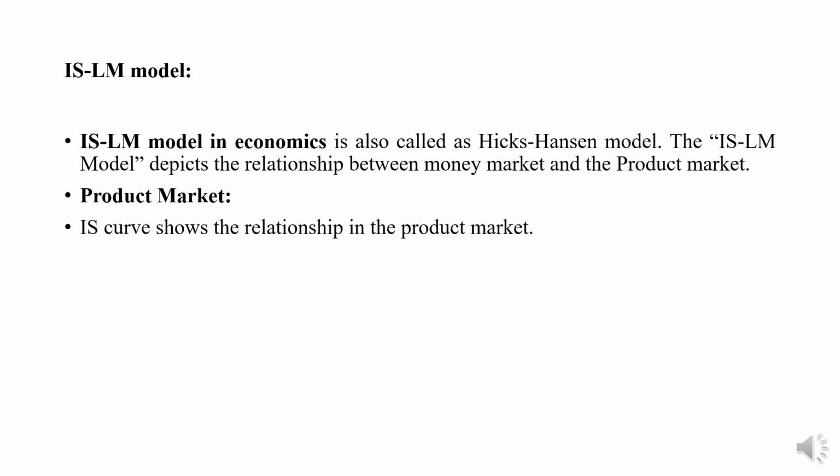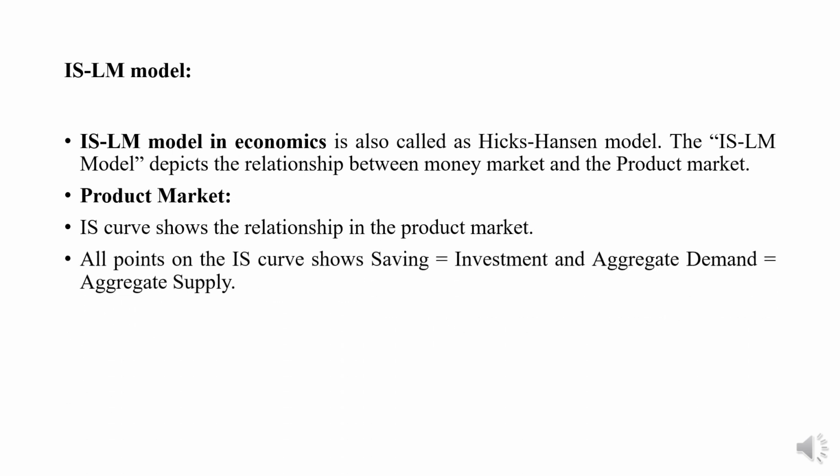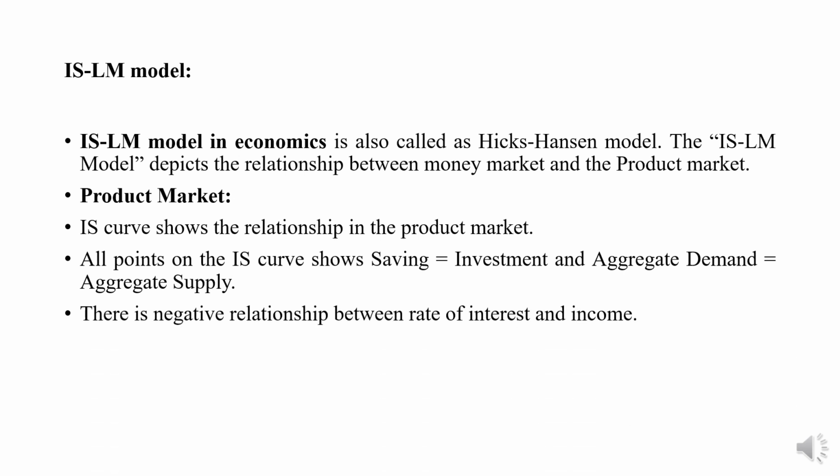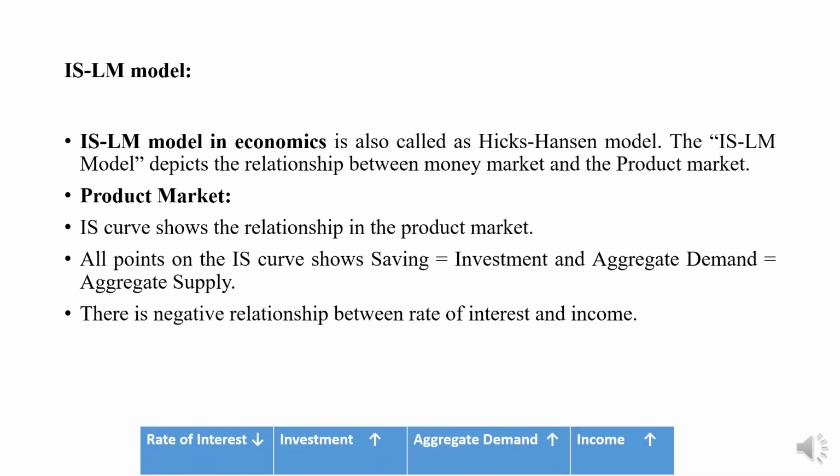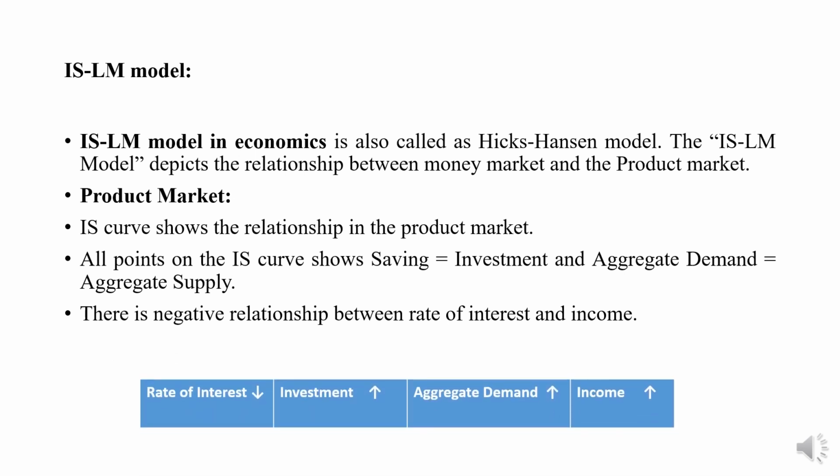In the product market, we will discuss the IS curve. The IS curve shows the relationship in the product market. All the points on the IS curve show saving equals investment and aggregate demand equals aggregate supply. So there is a negative relationship between rate of interest and income. How? Now we will discuss